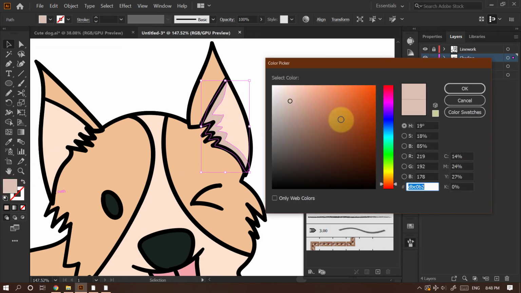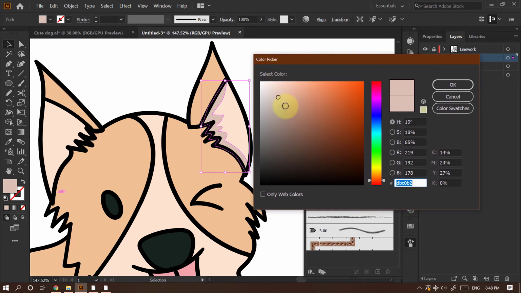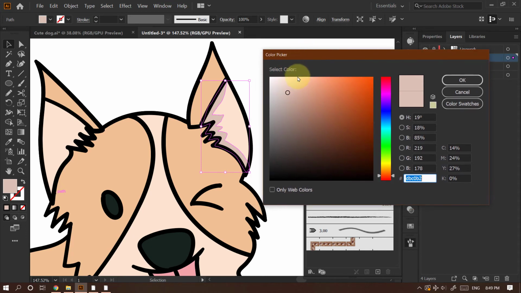So in this color properties, how this will work: at the very left side we have very less saturation, and at the extreme right we have extreme saturation. When we go to the bottom of this color picker panel, we will create darkness, and at the top of this color picker we have lighter values.